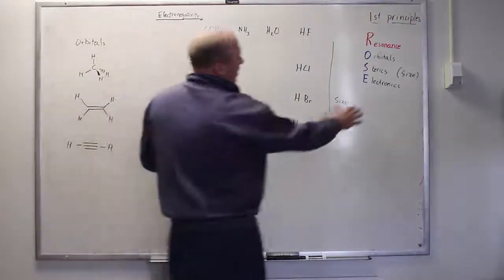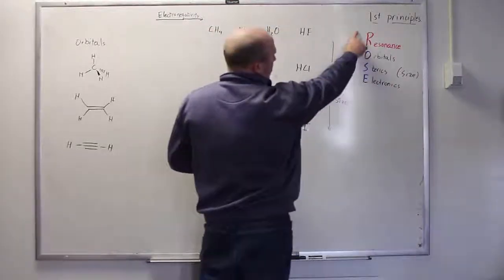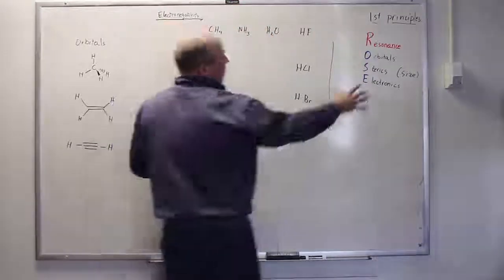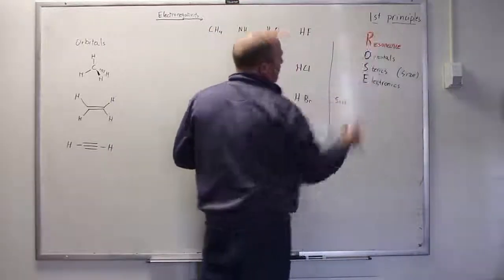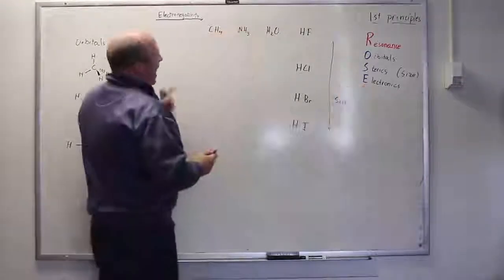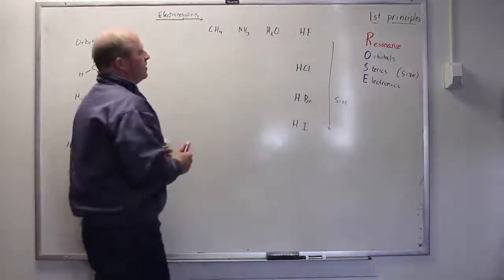But let's start with electronics, the bottom of this ROEs thing. We're actually going to go in reverse order here. We're going to start with electronics, then go to size, then orbitals, then resonance. And we're going to save resonance for last because I think it's the most important, and I really want to end on that. But electronics, the atom in question to which the proton is bound, will have an enormous effect on